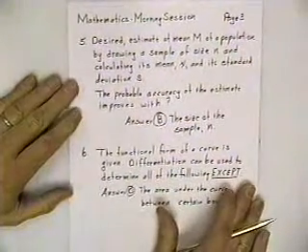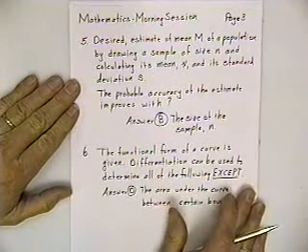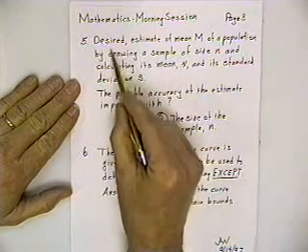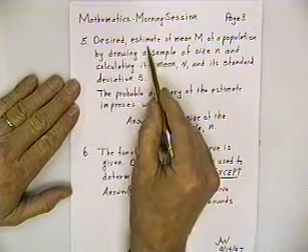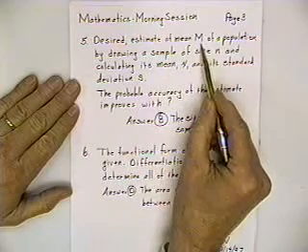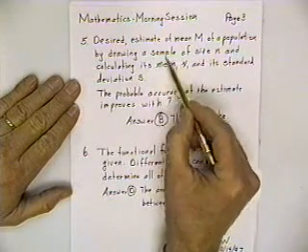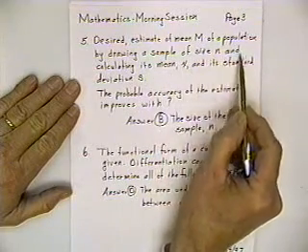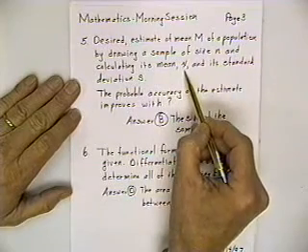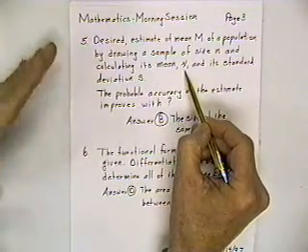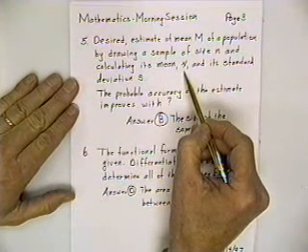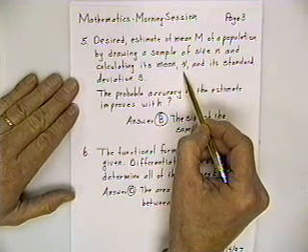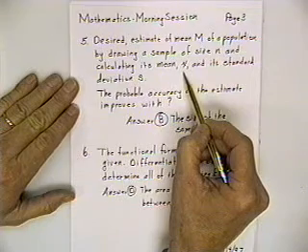Some of them just simply require that you read it fairly carefully. For example, in this one it says what they want is the estimate of the mean M of a population by drawing a sample size N and calculating its mean. You folks are at Fort Hood. You get a shipment of armament, and you want to check out to find out whether the shells for a particular tank have been manufactured properly. So you've got